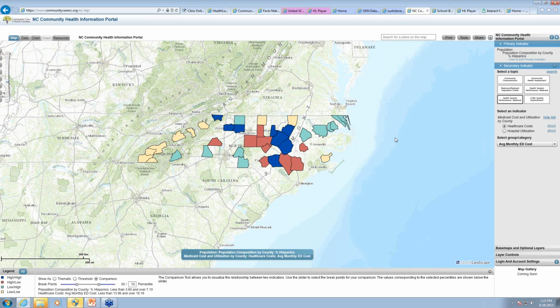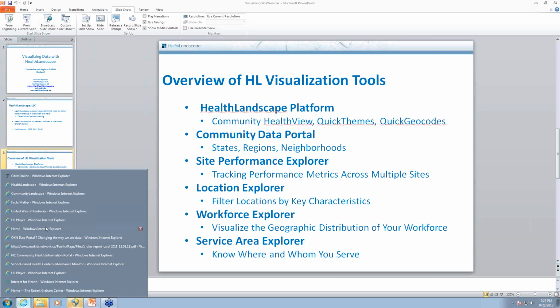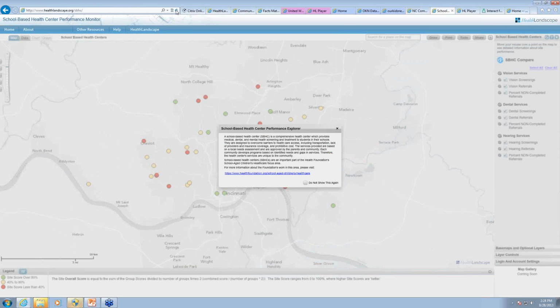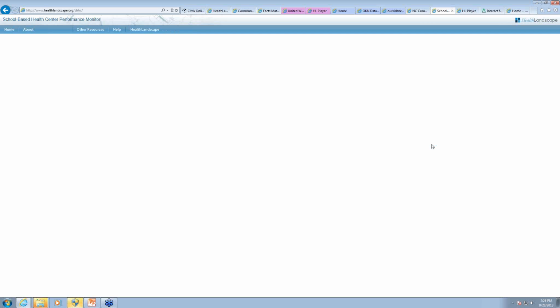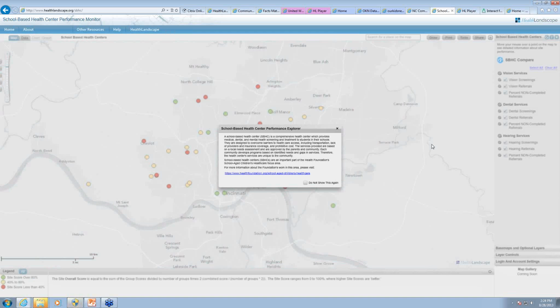So I'm going to move away from our Community Data Portal and focus on our Site Performance Explorer. What the Site Performance Explorer does is allow you to track different performance metrics looking at multiple sites. So this is point level data that we're talking about here. I'm going to show you a Service Explorer site that we built for school-based health centers in Cincinnati. Now, Interact for Health, the foundation which we're a subsidiary of,